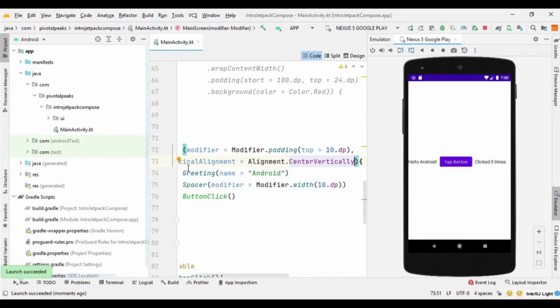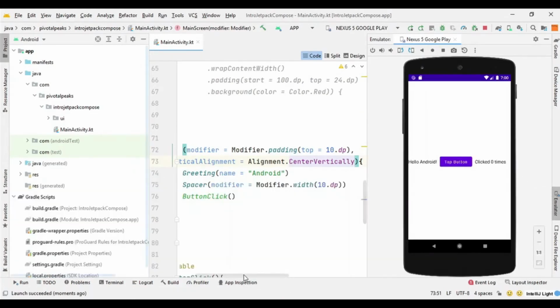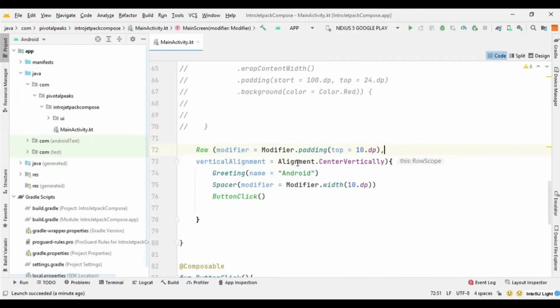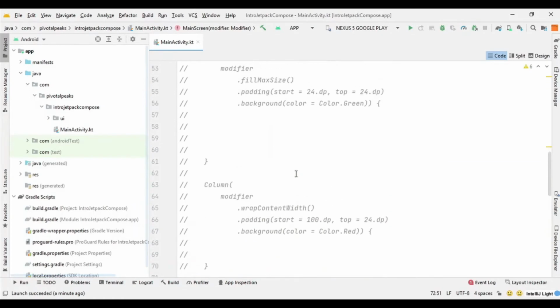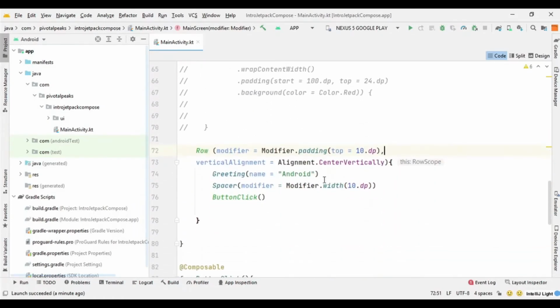And it's already aligned vertically, and we don't need horizontal arrangement here because it's a row and it's already oriented in horizontal fashion. So that's it for the row and column. So that's it for the layout, I guess. And you can explore these two components by yourself. You should do it to learn it more.